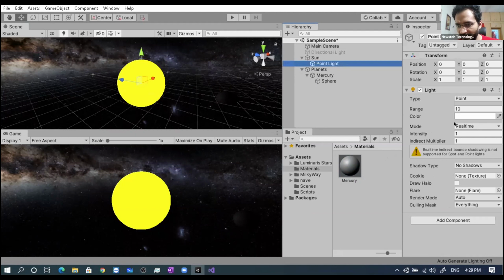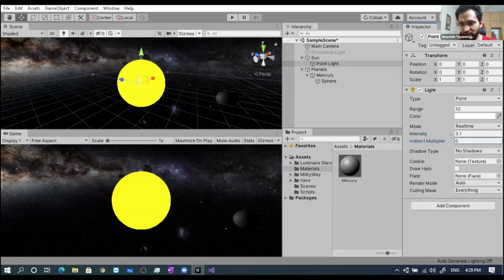Maybe if I increase the point light's intensity, yes, then I'm able to see some glow. Okay, this intensity was 1 and it is very low. I'll make this thing 0, and this intensity I will increase and make it 10.